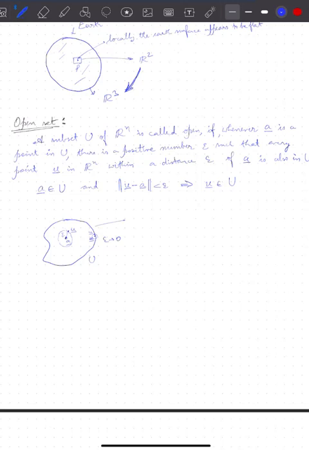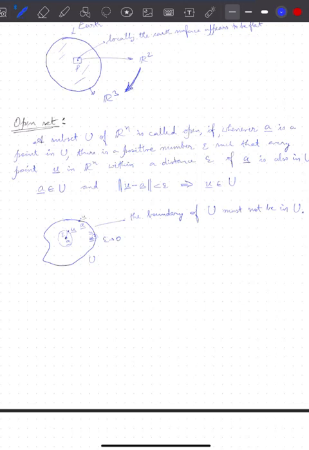Now, for this to always hold, it implies that the boundary of the set U must not be in U. So it means that we cannot have any points on the boundary of U, because if we had a point on the boundary of U as a member of the set U, then of course for the vector A lying on the boundary, any vector even infinitesimally outside, just at a distance of epsilon on this side here, on the top of this,